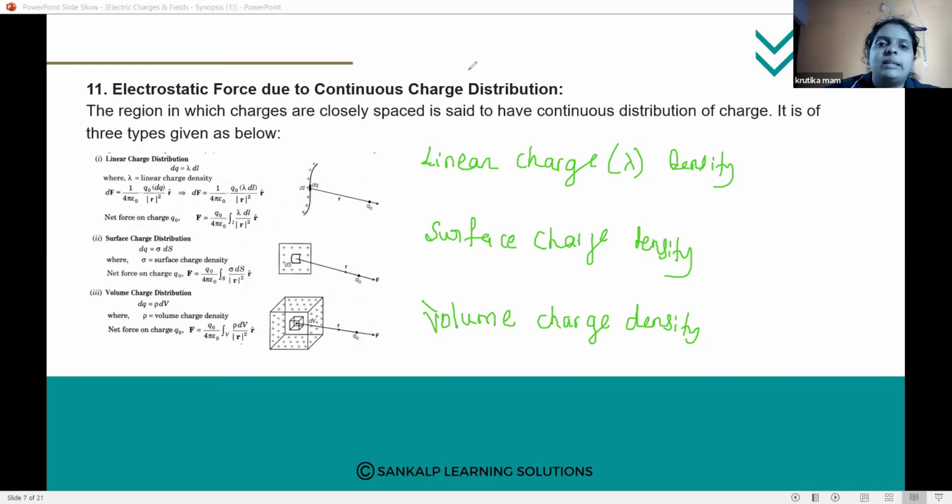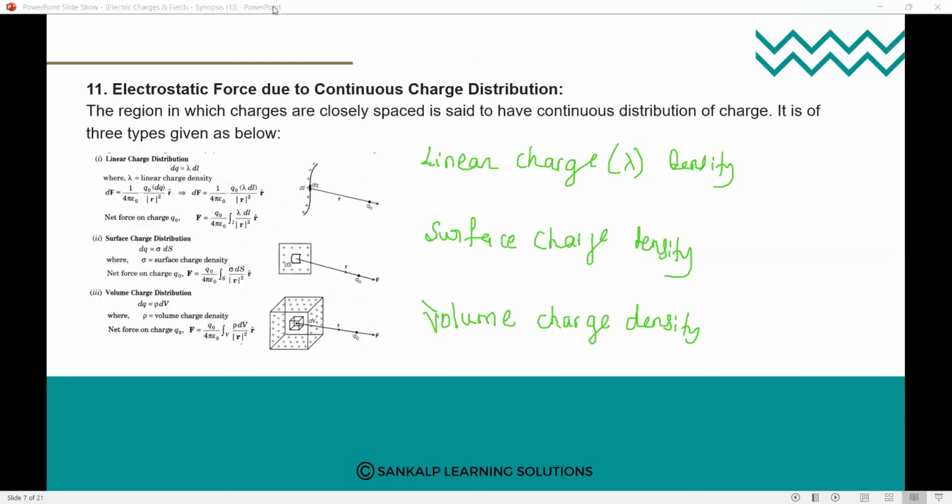So the first one, linear charge density. The linear charge density is denoted by the letter lambda and it is defined as